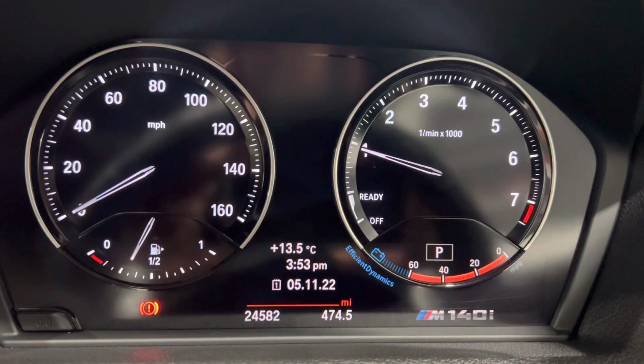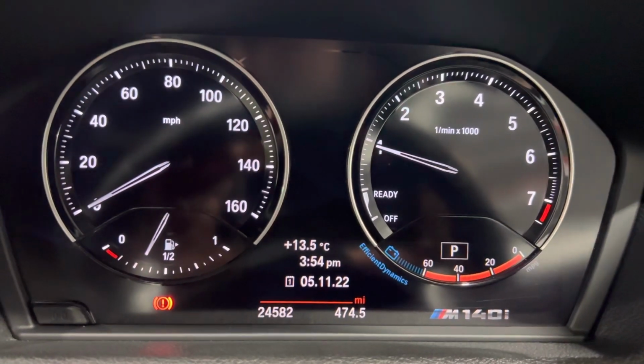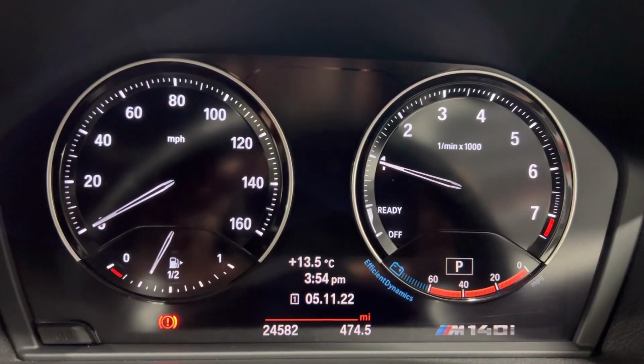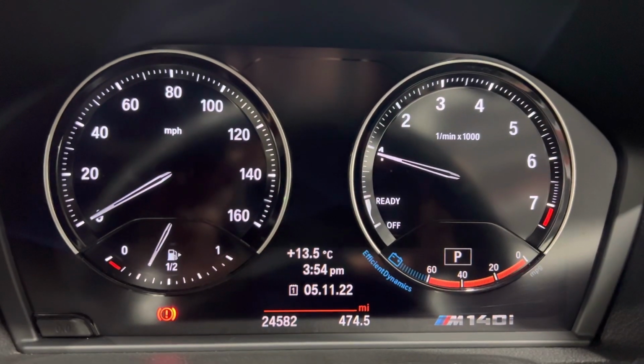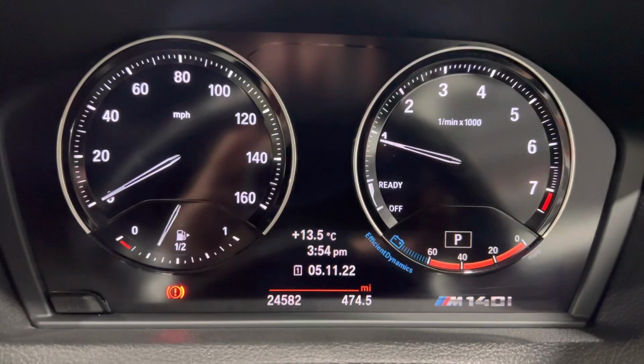All the filters are German OEM grade filters. So if anything's needed, it'll all be done. The car's not long come in and we've just finished the detailing, so we're gonna do the video and then we'll get the car serviced. So we have